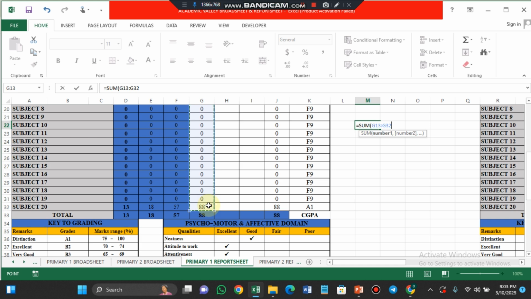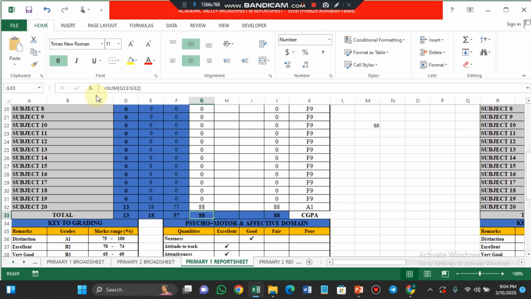Okay, and then I'll close the bracket and click on enter. Can you see this same formula? Look at the formula very well, have you seen it? It's the same formula that is here. Let me show you. Can you see? So that is how to do your summation if you are summing up a whole column, or if you are